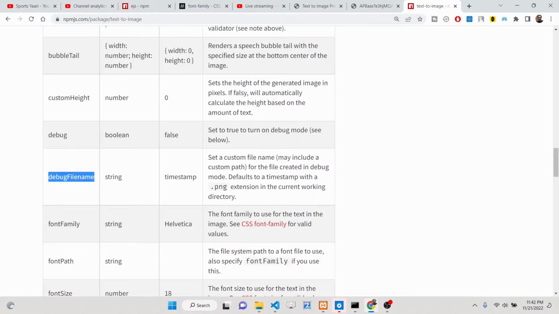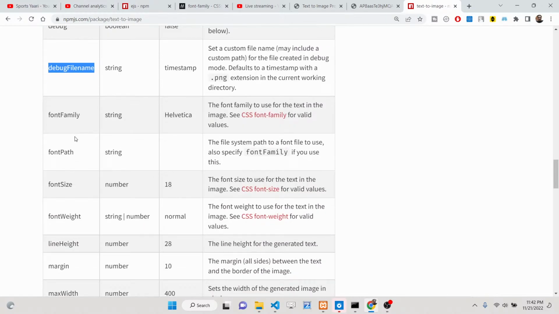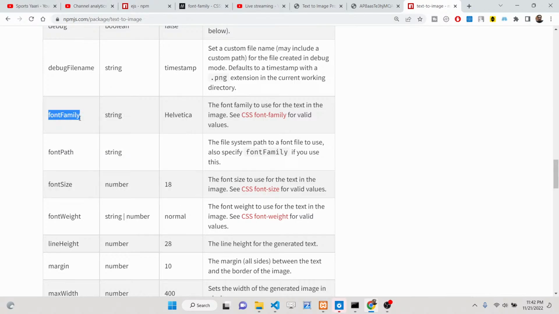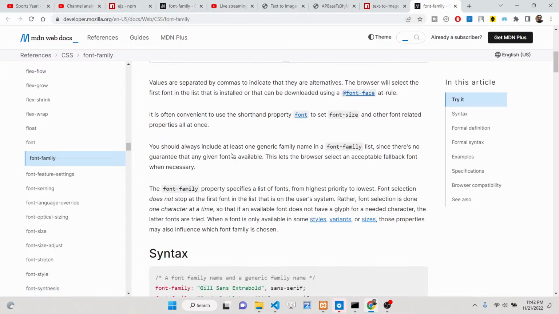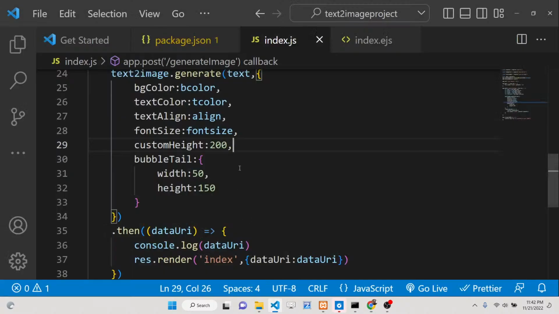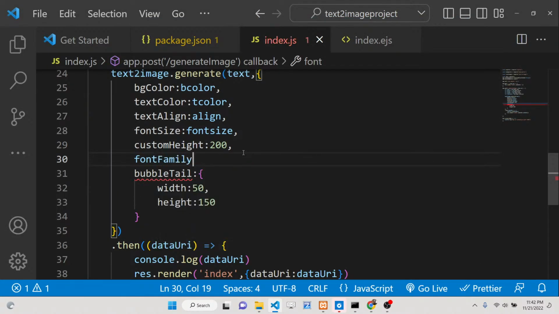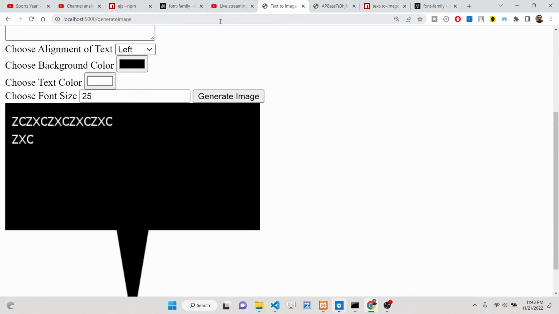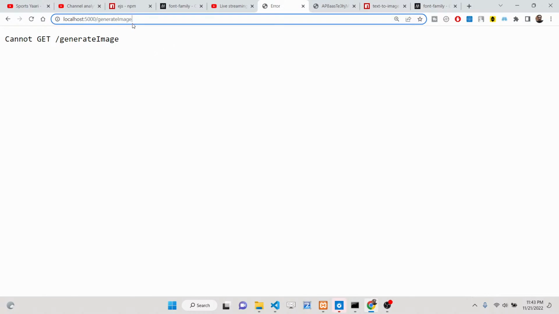You can also provide a custom file name, and you can even provide a font family, guys, because various font families are supported. If you check out the link here, you can say sans serif, Georgia, cursive. Let me provide a different font family here, font family to be cursive. Let me see if it is working or not. If I refresh it,